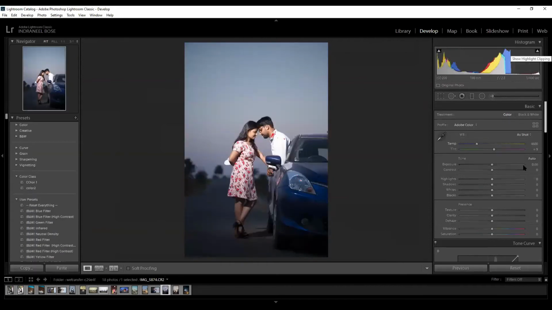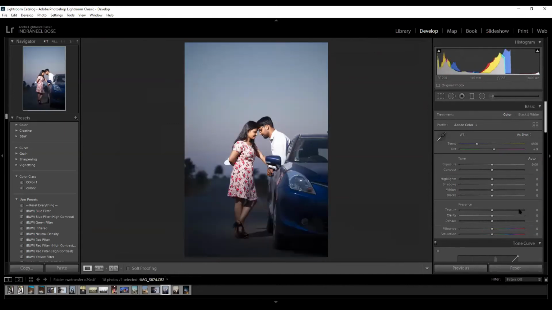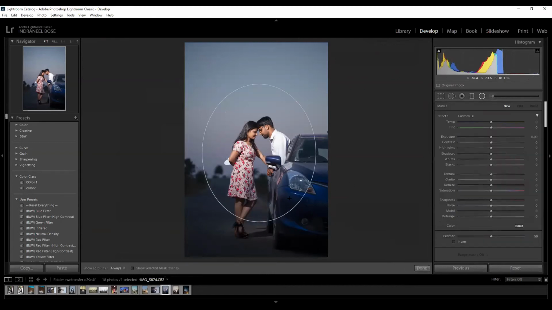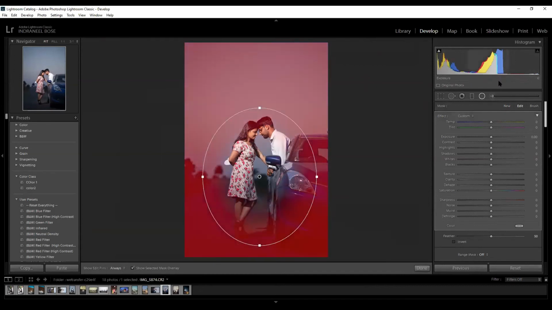This is an image. I do an auto correction first. No, it's not working because I don't want a brighter image. It's no use for me, the auto correction here. Now what I do, first and foremost, I take a radial and work on it. We can see this is the zone that we are working in. We make a wider zone and increase the feather.